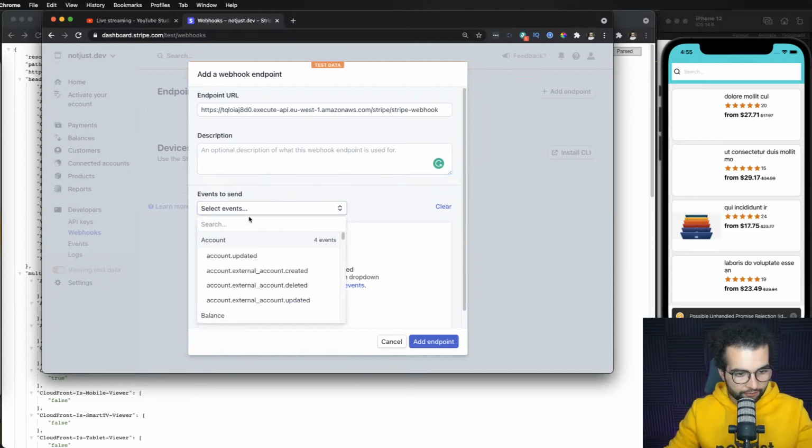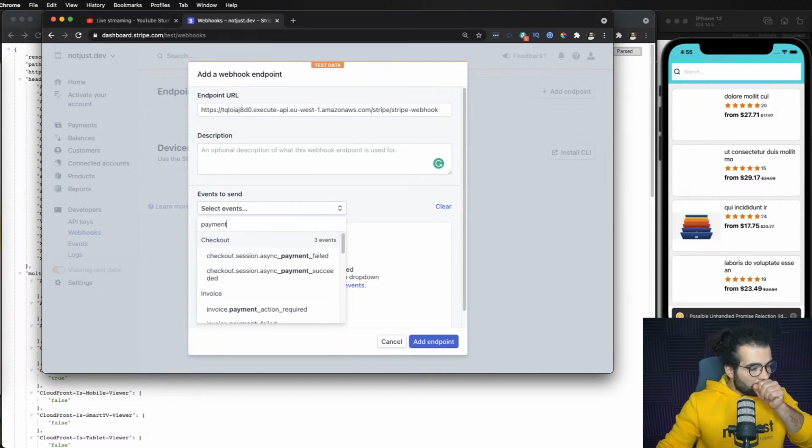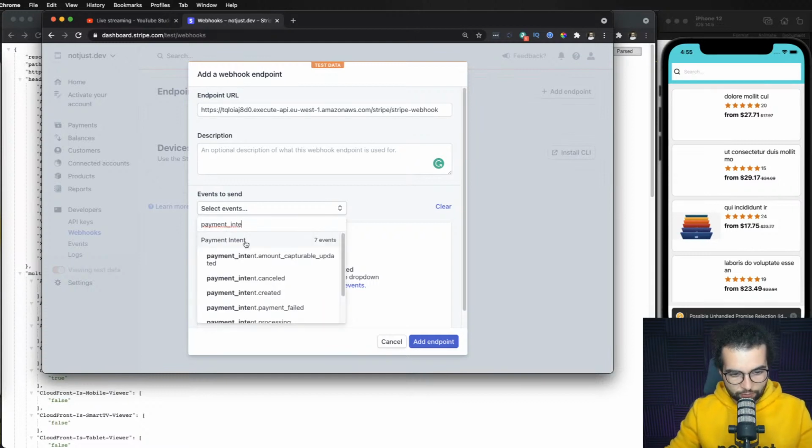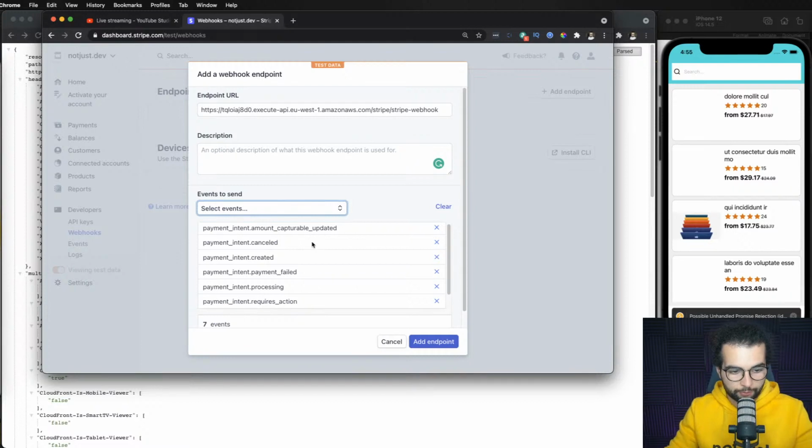After that, in the events, we will search for payment intent, and we can select all 7 events for the payment intent. Basically, our webhook will be notified for any of these events, like cancel, created, payment failed, processing, and so on. So let's add endpoint,